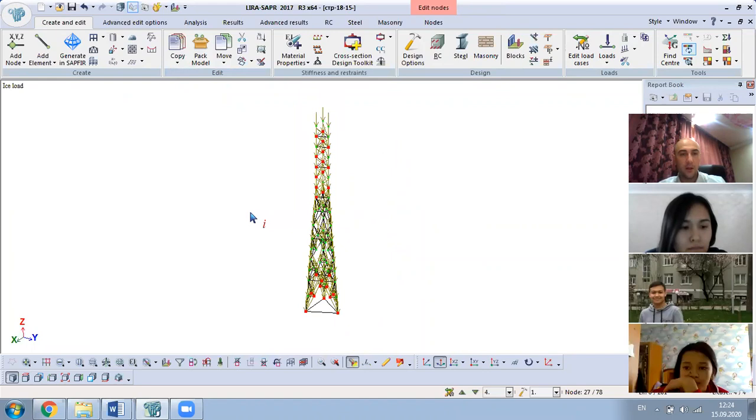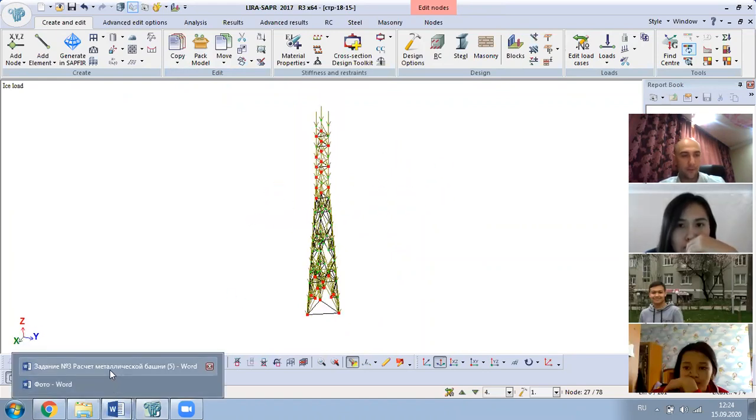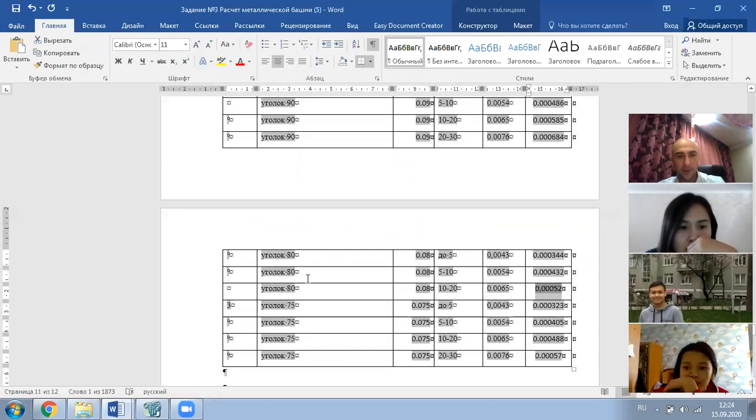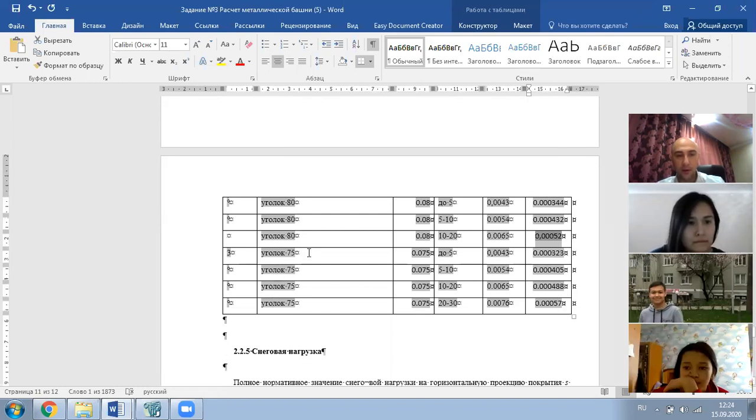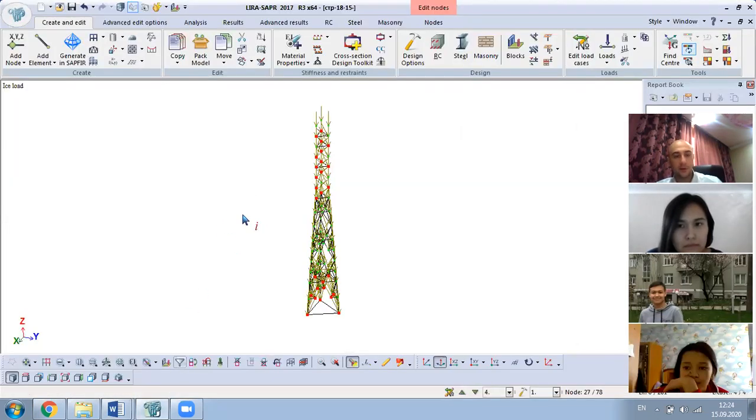Okay, so we have finished loading the angle 80, and now we start loading equal angle with size 75 millimeters. We will start from the first still up to 5 meters. If there are some in our scheme,